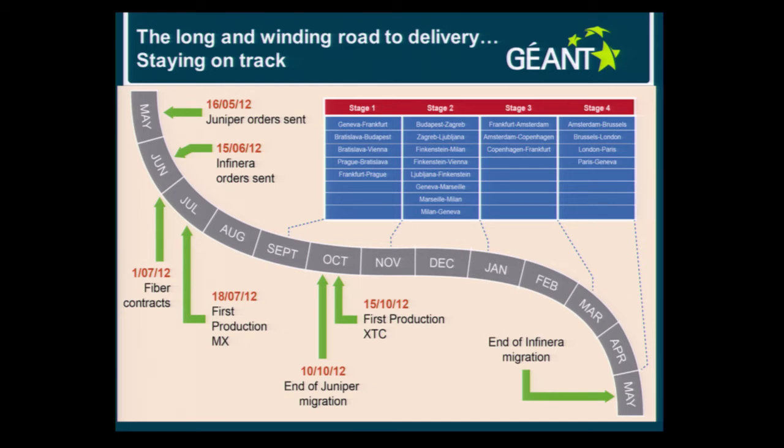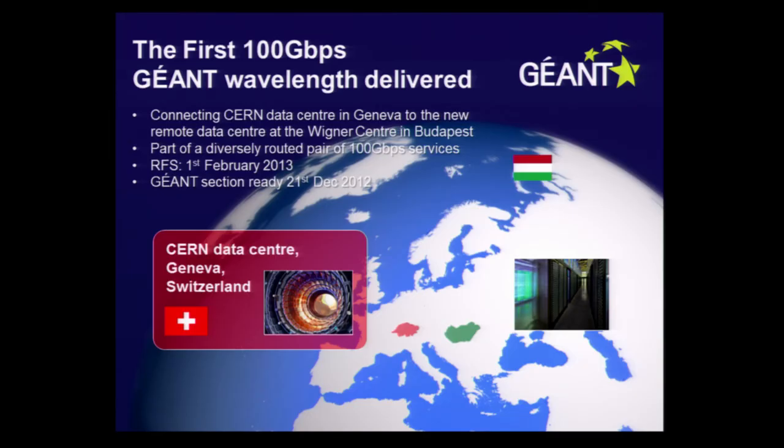While we were doing all this, we also started the network convergence around this time. The network convergence, which I'll talk about a bit more, is the convergence of the switching and IP layers into one layer. This work started here and ended last month. I'll give you a bit of an overview of that in a few minutes.